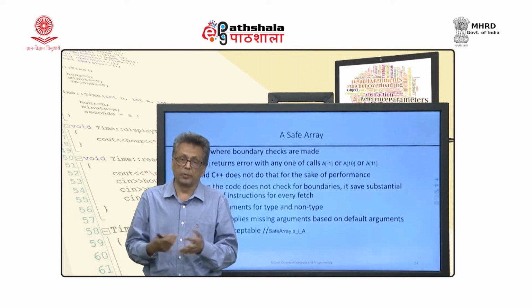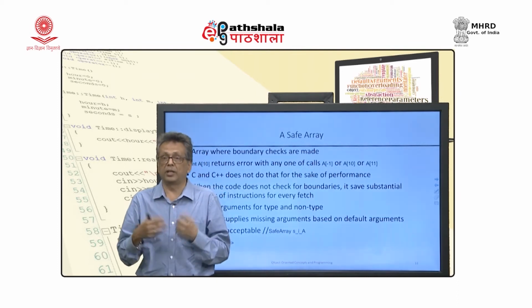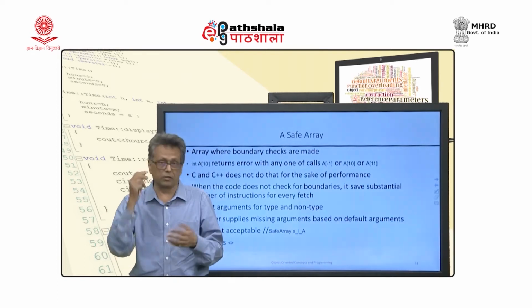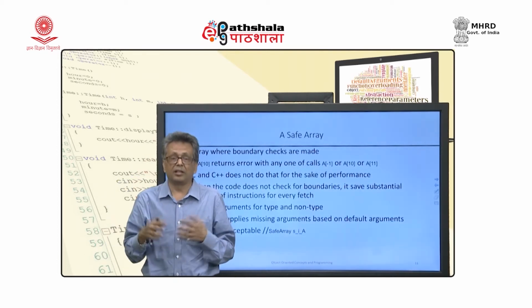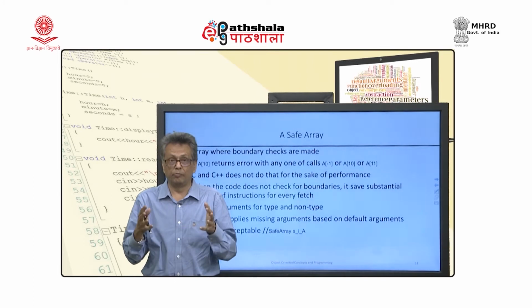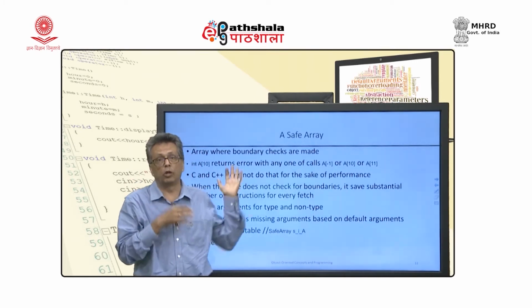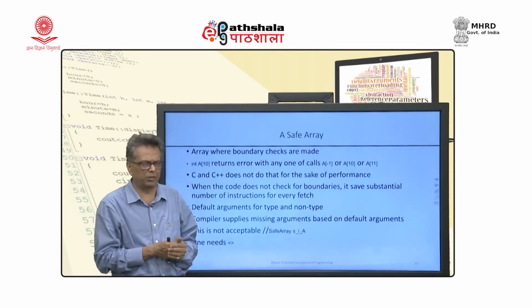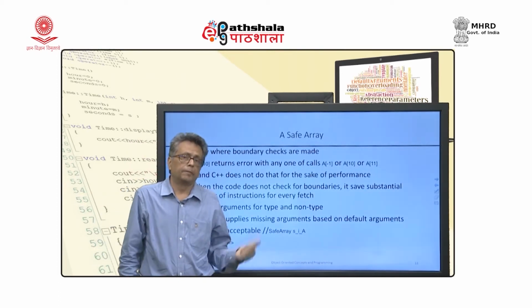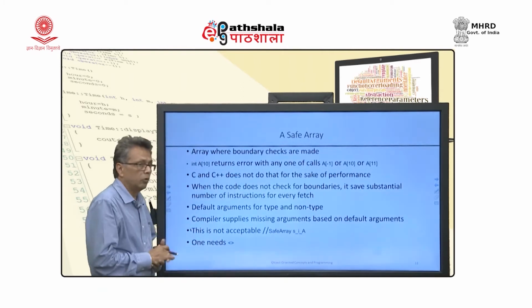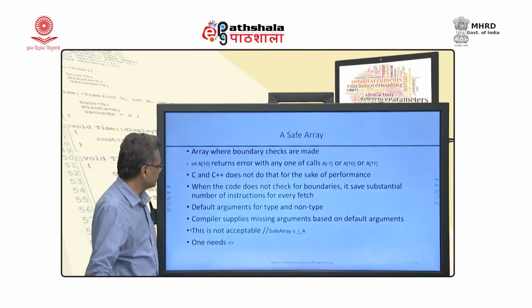That is great, but then there is a problem sometimes. When you refer to an element which is not part of the content, it can create havoc. If you know a bit about buffer overflow attacks, they are based on this vulnerability of C and C++ programming. If you want to avoid that, you can provide a safe array. How a safe array works is defined next. We will talk about that.